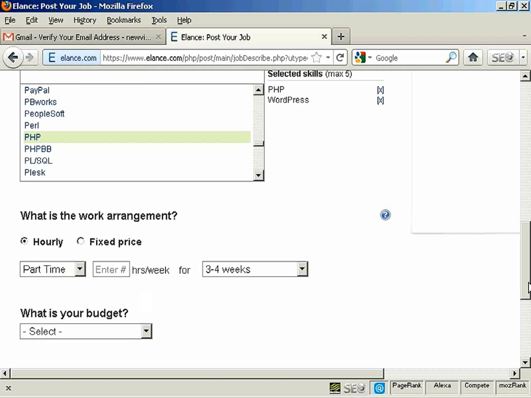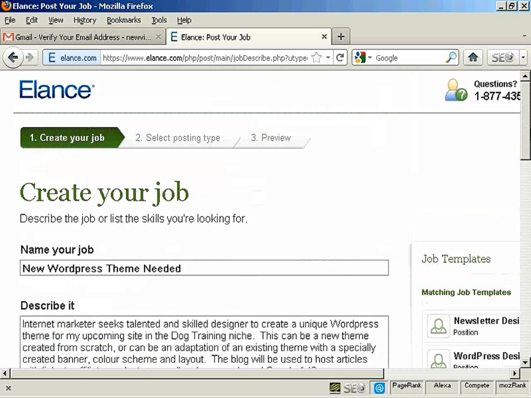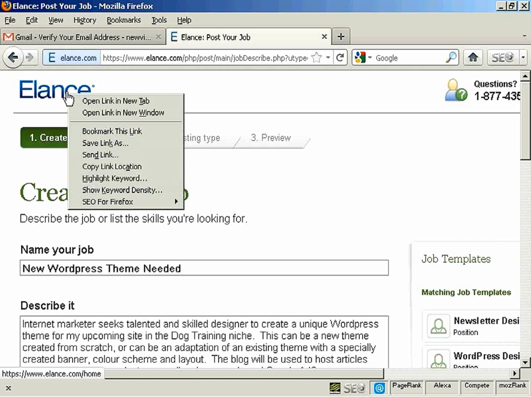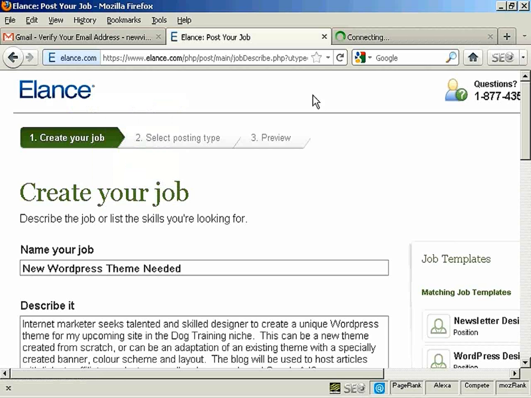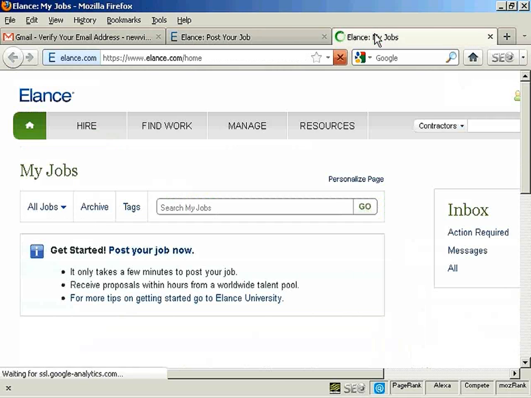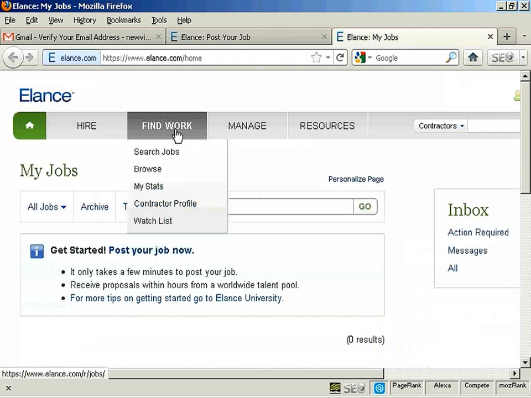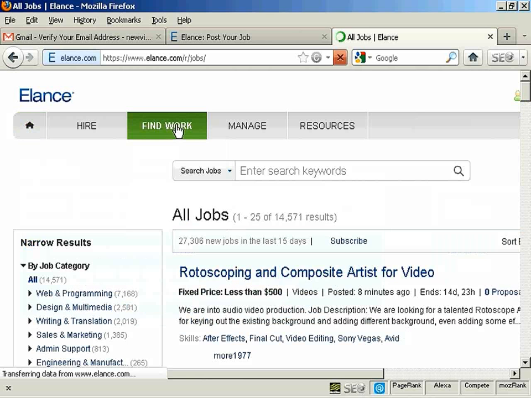If you're not sure how to do it, then the best thing to do is to have a look at some of the jobs that are already posted, and you do that because you don't want to go away from this page. If you right click, if you're using a PC, up here on their logo and select open link in new tab, that will take you to this page, and then if you click on find work, that will take you to the side of the site that job hunters look under,